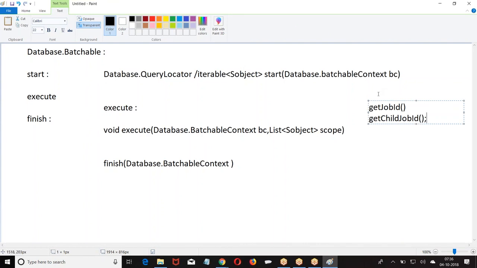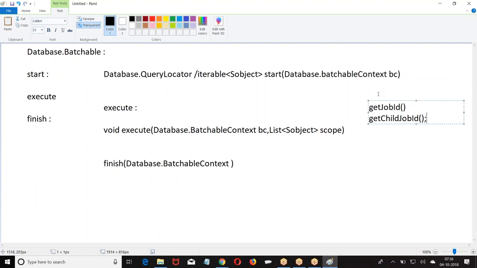Now the current job which is running, the current child job which is running, if you want to know their IDs, we will use bc.getJobId, which gives me the main job ID, and bc.getChildJobId, which gives me the current child job which is running. Are you clear about this?